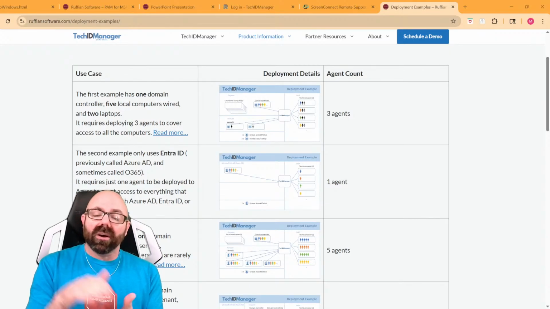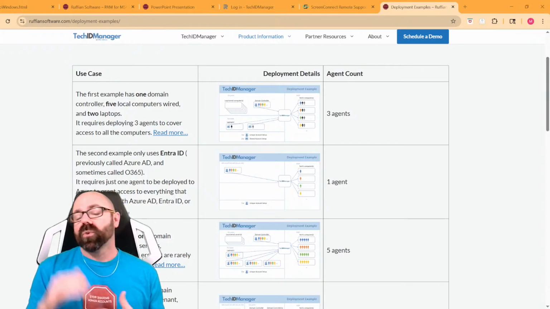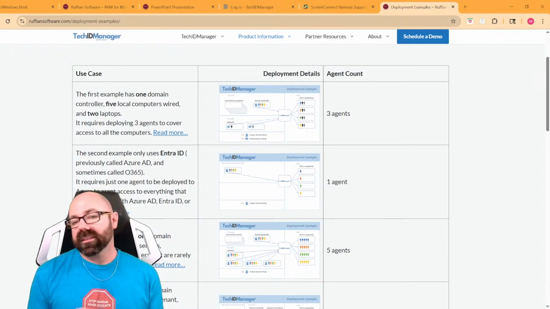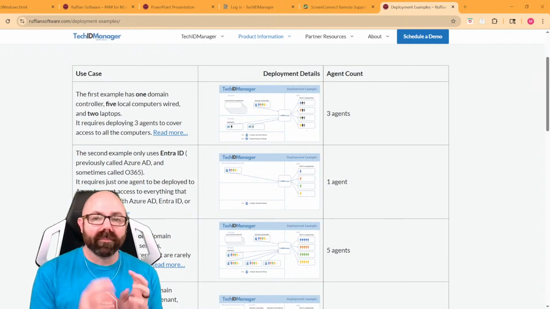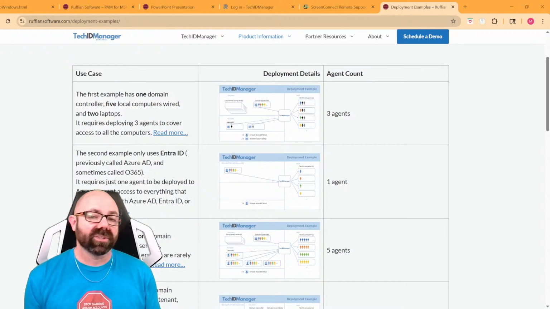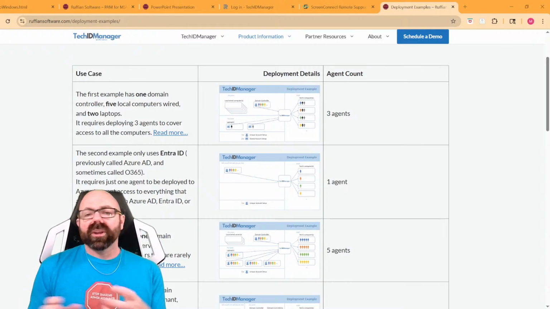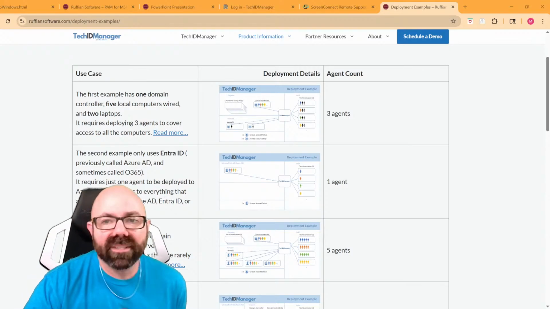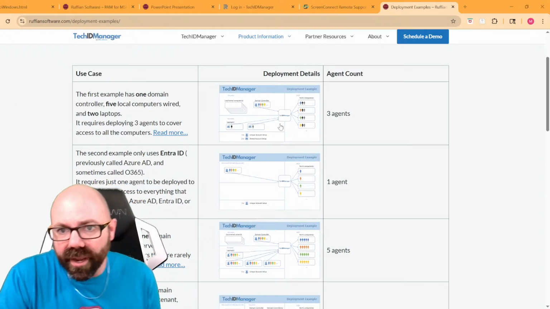We can also automatically create unique access for each person everywhere that they need access, assign the rights to those accounts that are specific to that person's level of access. We can do least privilege access. We can do account orchestration across a variety of places. If we look at some of these examples here, one of the